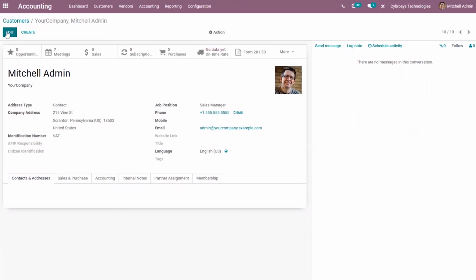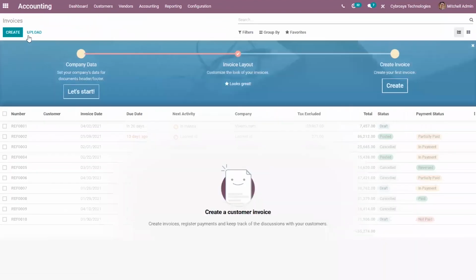Okay, now let's test the workflow of an electronic invoice. For that, we have to set master data and credentials. The National Directorate of Taxes and Customs, that is DIAN in Colombia, creates new criteria for electronic invoicing.